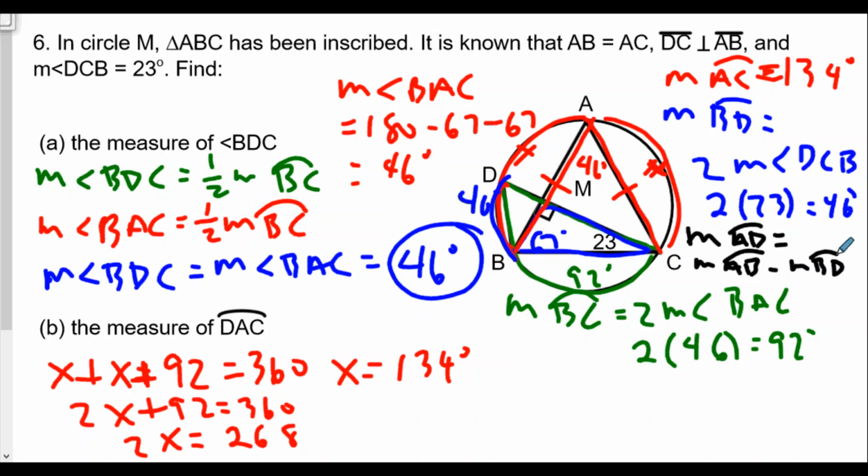And so you're going to get, in this case, since AB is equal to 134, and BD is 46, we're going to have 134 minus 46. That should give us a total of, let's see now, 14 minus 6. That's going to be 8 here, and then we drop the 1 over, so 12, so it's 88 degrees. So the measure of arc DAC